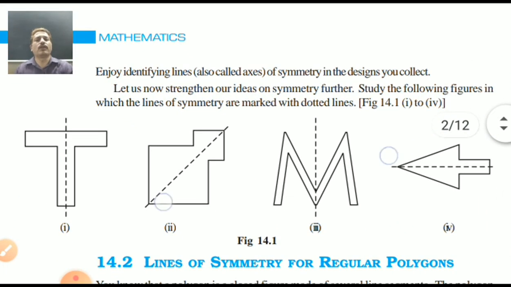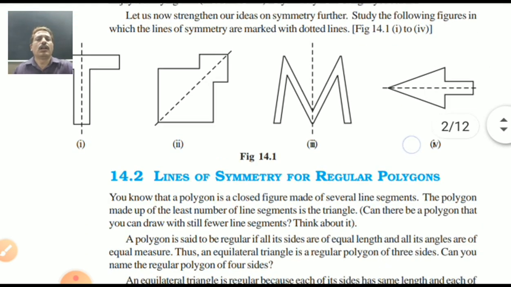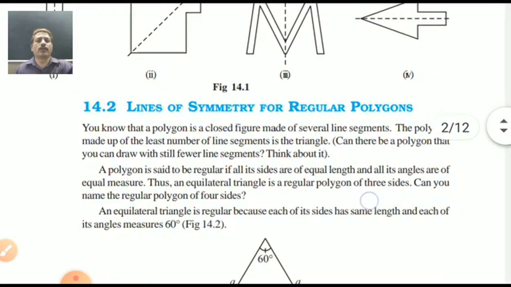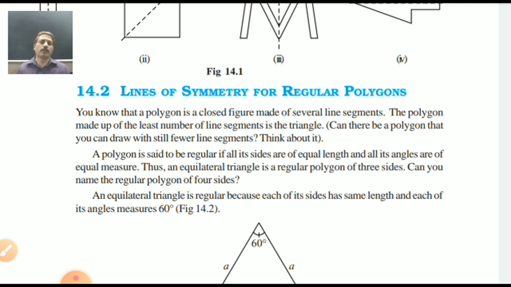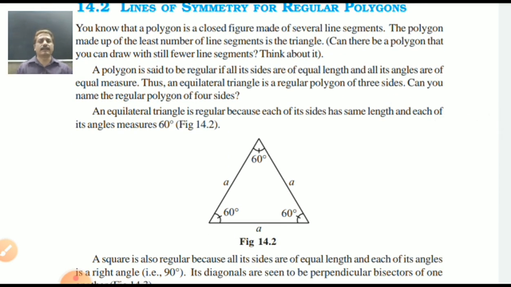Yes. Look at here. Some symbols of alphabets and other arrows are given. It also has the symmetry. It's a vertical, cross or horizontal. Line of symmetry for regular polygon. Once again I remind you, regular polygon means it has equal sides and equal angles, and it should be a closed picture. Suppose a triangle. Triangle has 3 sides. All 3 sides measures are equal. Its degree are 60 degree.